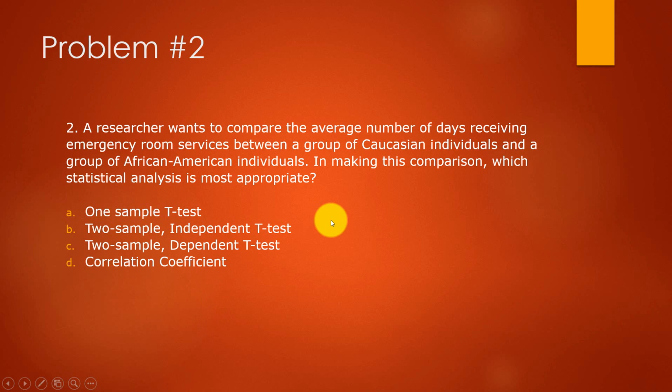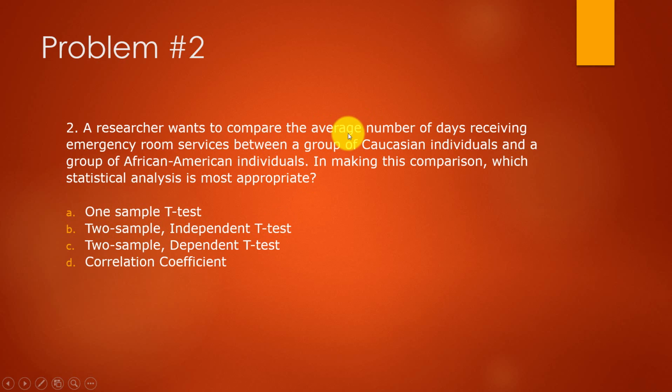Next, number two, a researcher wants to compare the average number of days receiving emergency room services between a group of Caucasian individuals and a group of African American individuals. In making this comparison, which statistical analysis is most appropriate? And again, you have the same choices. In this particular case, we're going to take B, two sample independent t-test, and the reason why is because we